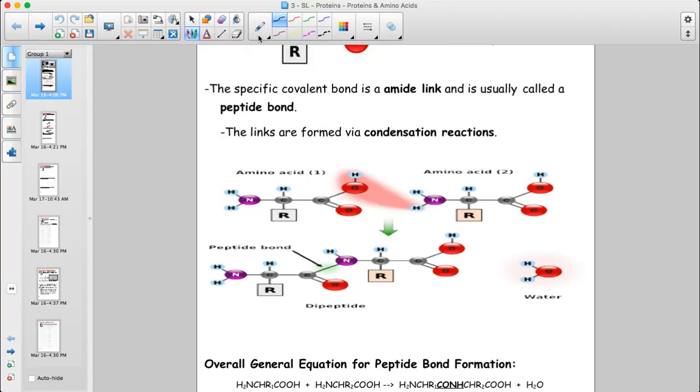So the peptide bond, if you want to look closer at it, this is the actual covalent bond that we're talking about, the bond between the nitrogen and the carbon here. So that's this nitrogen here and this carbon here, and this is the water that is removed. So the water is removed as a byproduct, and now you've got this is the peptide bond, and this whole functional group here is called an amide or a carboxyamide.